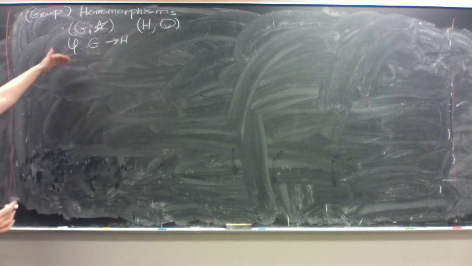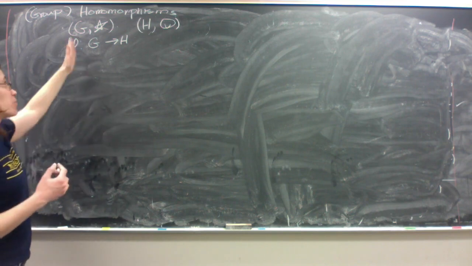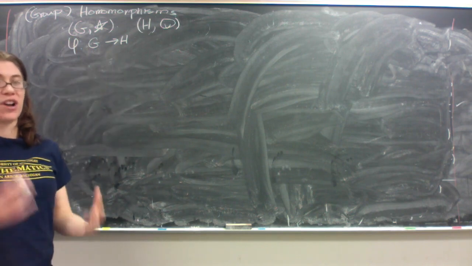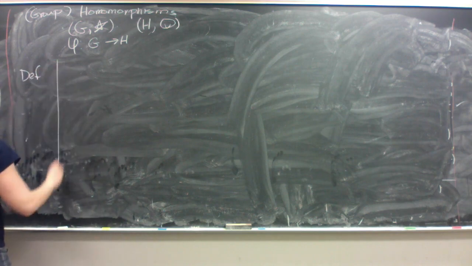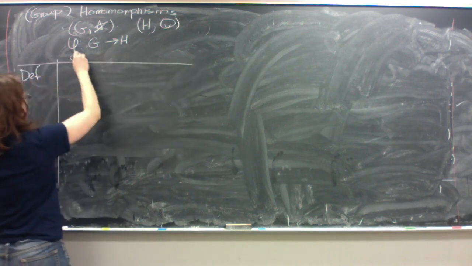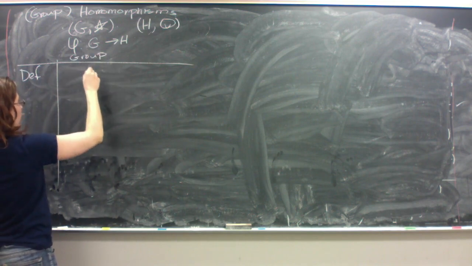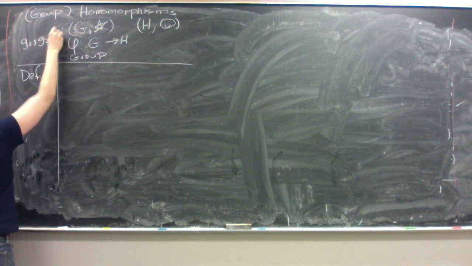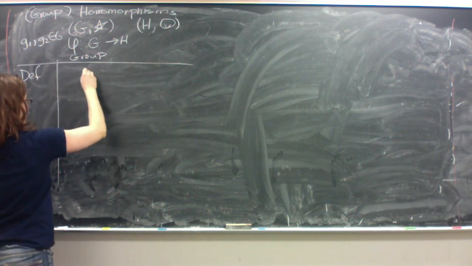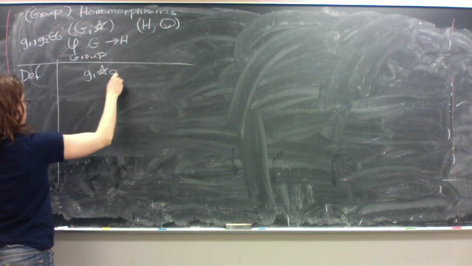So the definition of phi, as a homomorphism, is that it's a map from G to H that preserves the algebraic structure. And so what do I mean by this? Here we're in groups land. What I mean by this is if I take two elements, g1 and g2 in G, and I apply the operation of the group G,